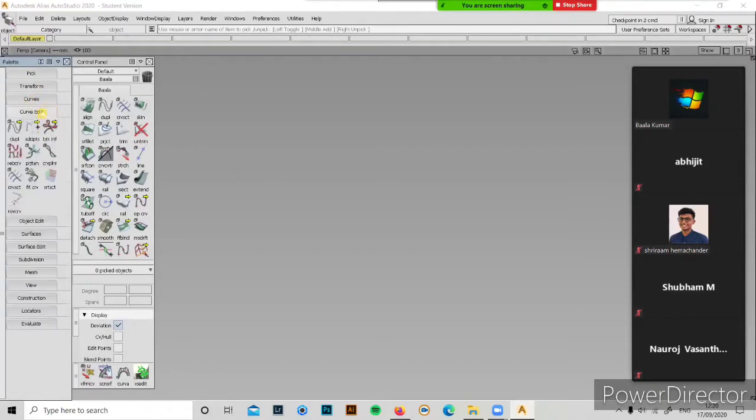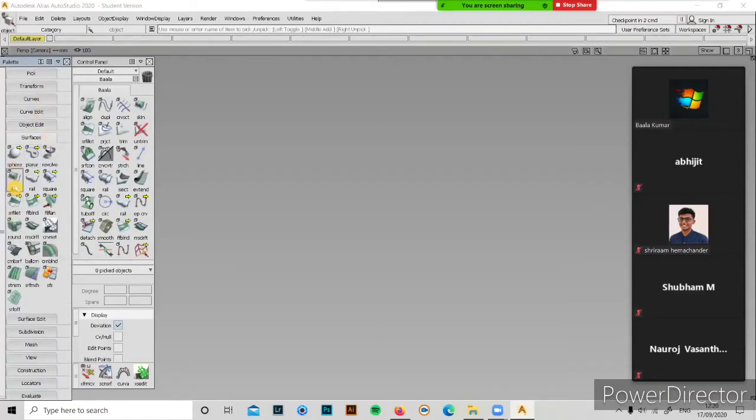And we go for curve edit, duplicate, spline, fillet, and other things we'll be using. So surface, these are the major, frequently used tools we can say. Frequently used tools are skin tool, rail, square, revolve, and you have ready-made primitives like sphere, torus, cylinder, cone, cube, plane. These are ready-made things. You just need to click it and click over here, and you'll get the sphere.